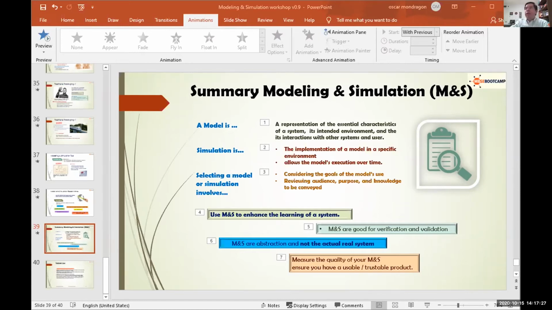Okay. Well, thank you everybody for attending the workshop. In the second part, we are now going to focus on model-based systems engineering. Now it's going to be better because we understand what a model is, what a simulation is, and what the purposes are. In the second half, we are going to look into a more integrated approach by using model-based systems engineering. See you in the afternoon.